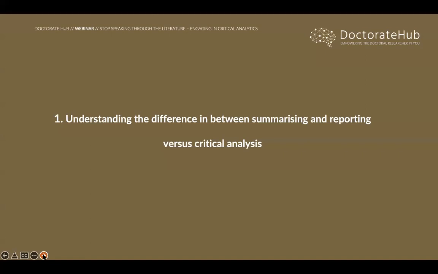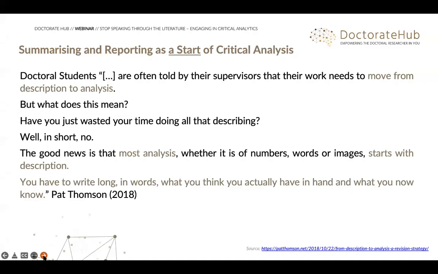Now with this, let's go into the first part to understand the difference between summarizing and reporting, which is usually the easy part, versus critical analysis, which is what is to be trained throughout the doctorate. As a colleague of mine says, doctoral students are often told by their supervisors that their work needs to move from description to analysis. But what does this mean? Have you just wasted your time doing all that describing? Well, in short, no. The good news is that most analysis, whether it is of numbers, words, or images, starts